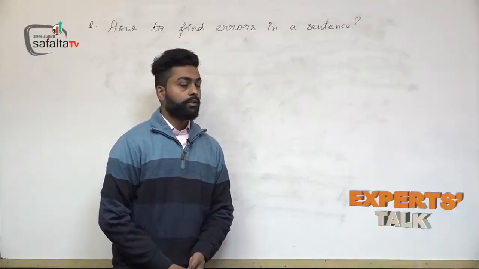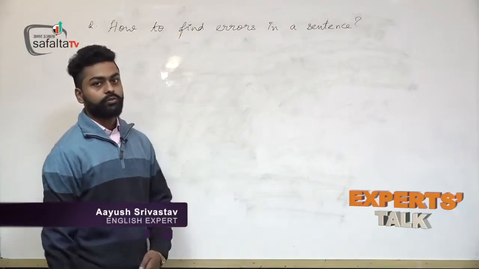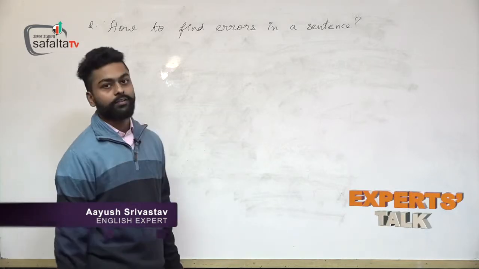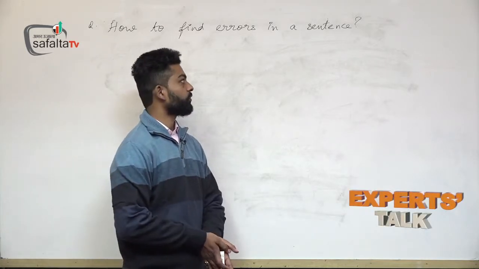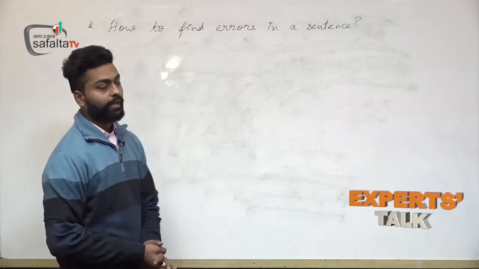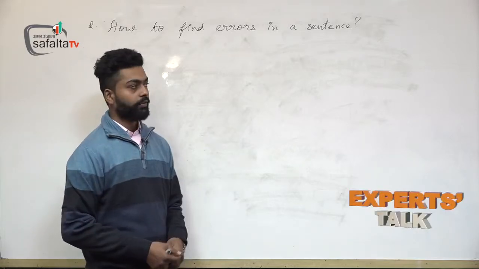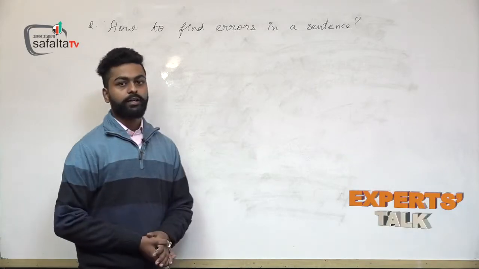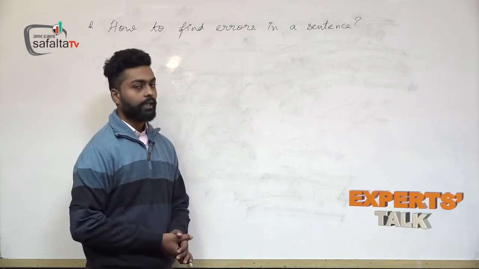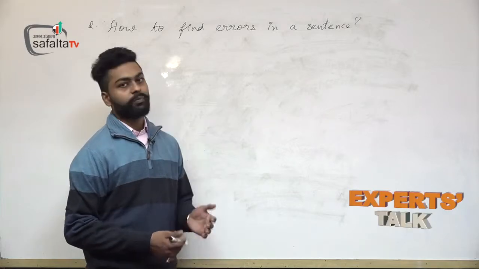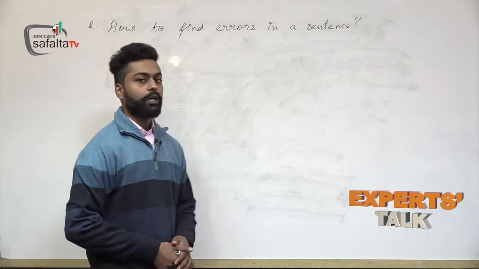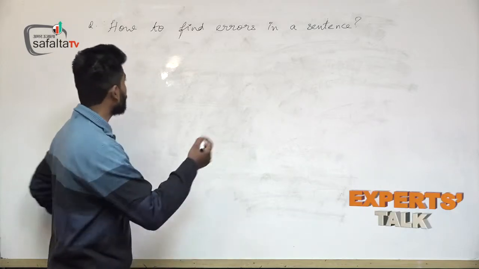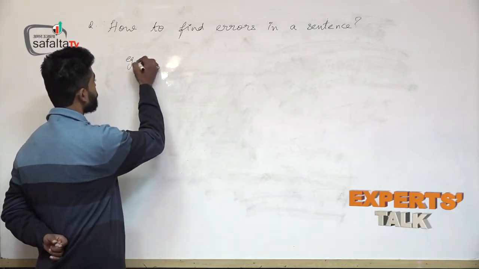Hello friends, now there is another question which comes before us: how to find errors in a sentence. This is the most important question which we face while finding the error. When there is a sentence or a question given, and there are parts in that question and options A, B, C or D, and you are asked to choose the correct option or find where the error is. Suppose a sentence is given,